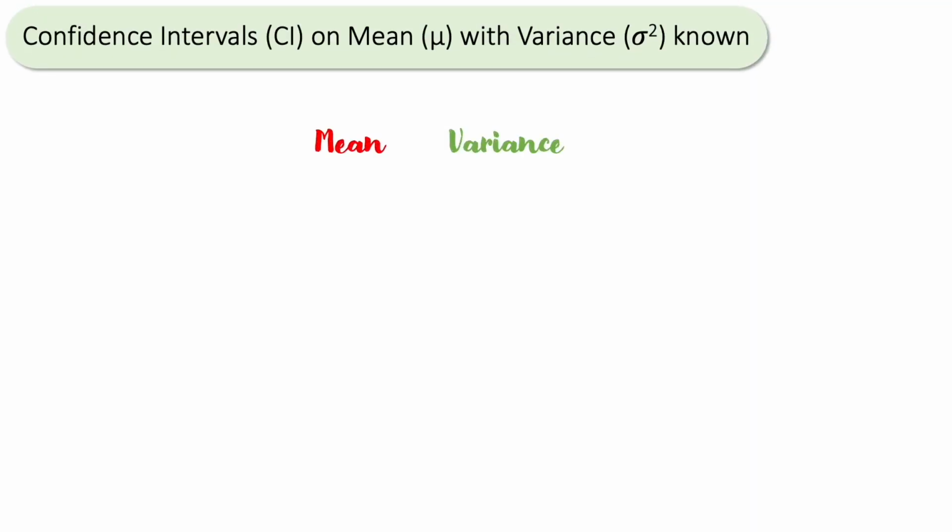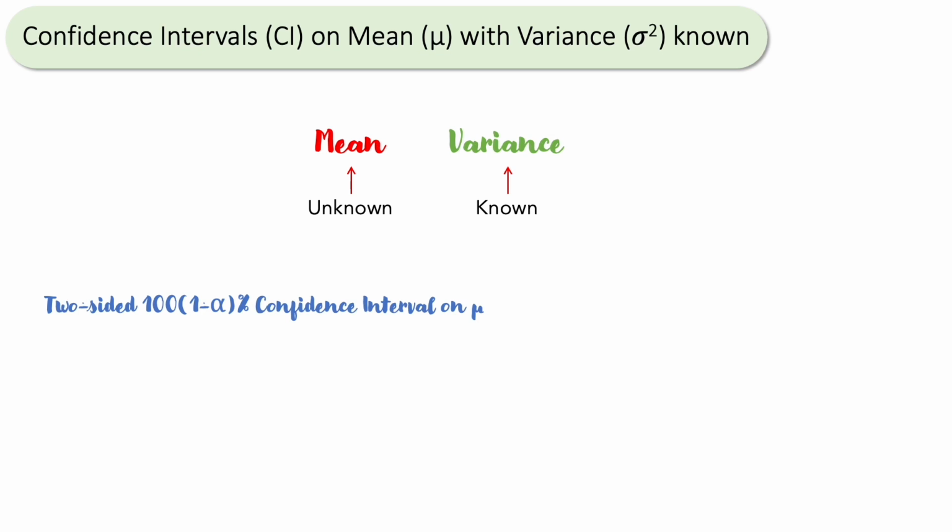Okay, now confidence intervals on mu when the variance or sigma square of the normal probability distribution is known. So in this condition the variance is known but the mean is not known. So when the mean is unknown but variance is known, then how we can write confidence intervals is like this. So the two-sided confidence interval can be expressed like this, that mu exists between x bar, the sample mean,